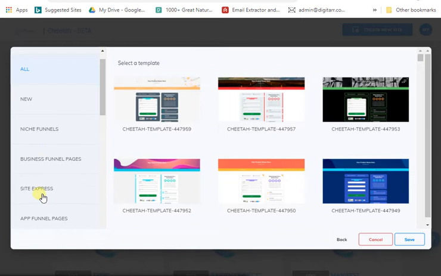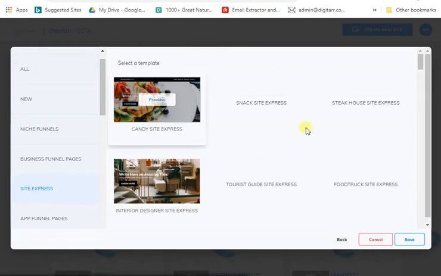So when you come here, all you need to do right now is come down to this Site Express. Click the Site Express, and different sites are going to load up right now. And you can see different sites that have been made already for us. You can see this one is a candy site. If you have a candy business, this one is a snack site,